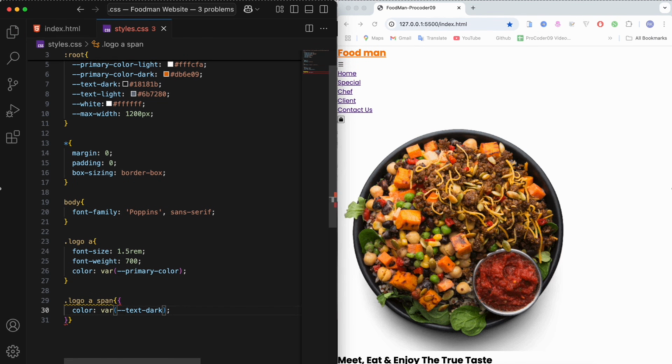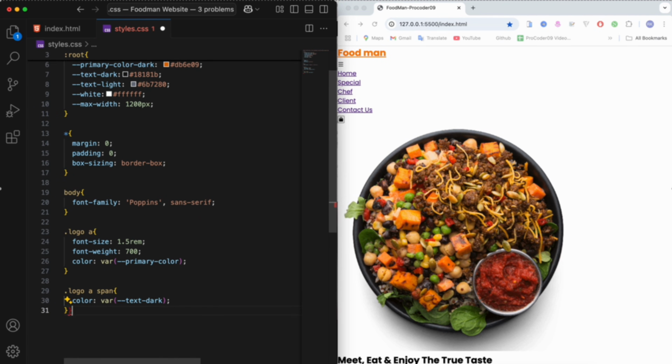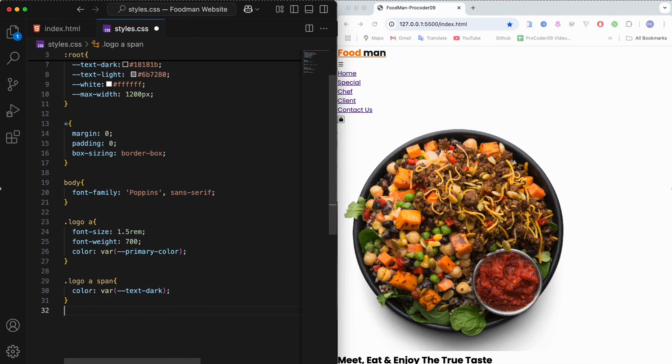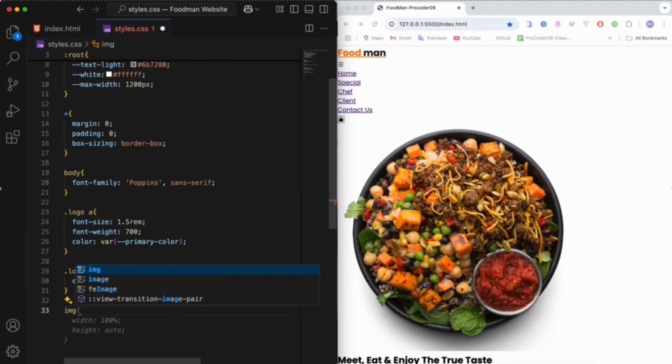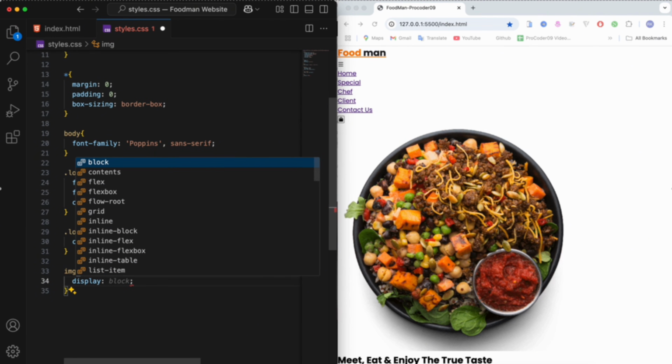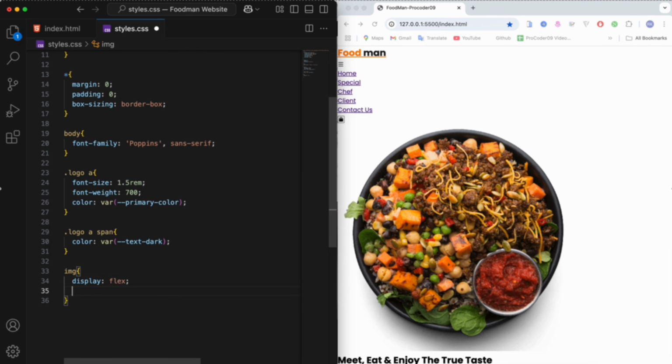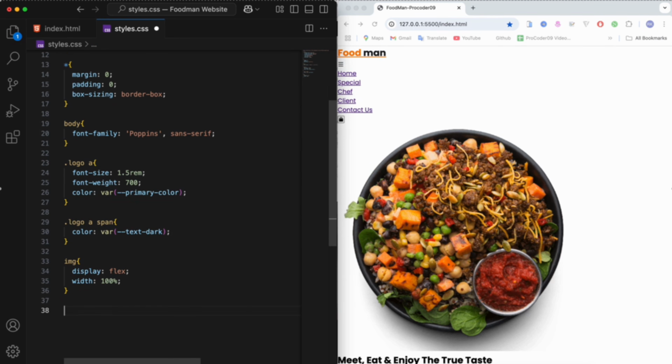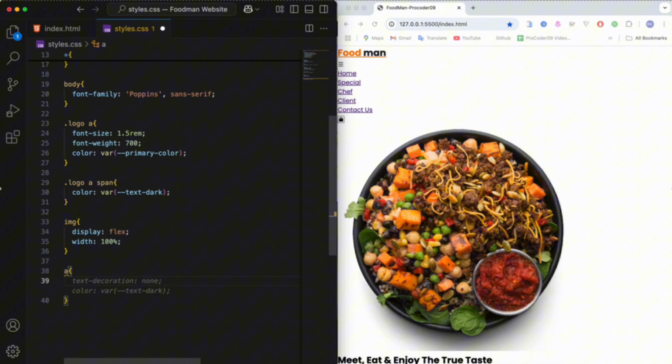Let's refresh it, and yeah, there are some issues. That is this one. Now it's fine. And then move to another one, that is image here. So we will add this as well, like display flex, and then second one I will add 100%. Then we will go for the a tag, that text decoration will be none,